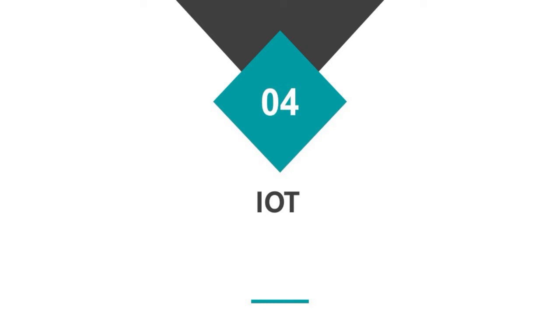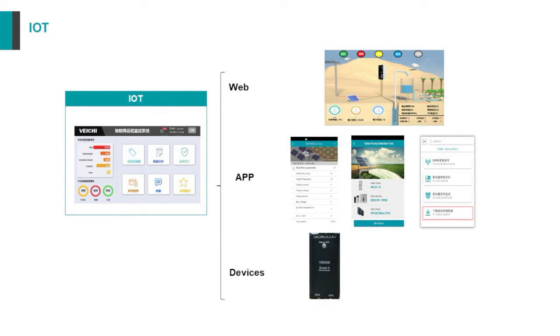Let's go to the IoT. In this part, I will share the complete IoT solution. This is the home page of next generation IoT, consisting of web, apps, devices. Regarding web, providing different UI solutions for different industries and accepting customized requirements such as branding and language, even independent